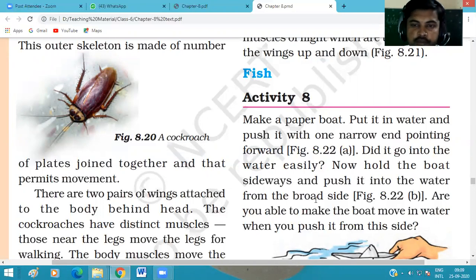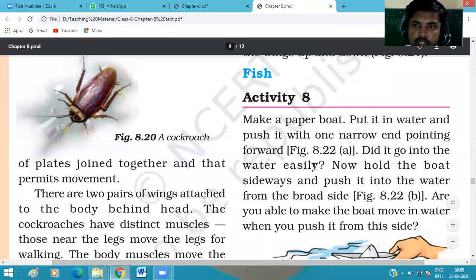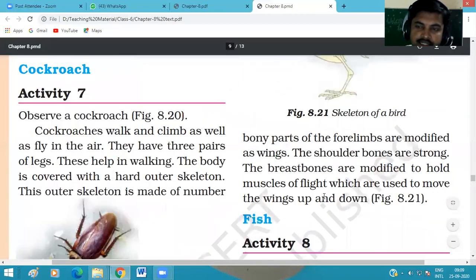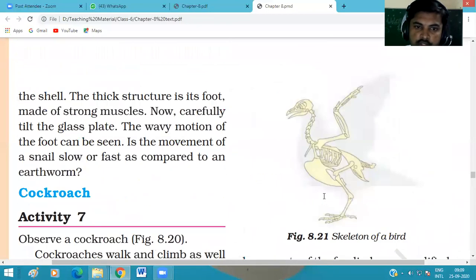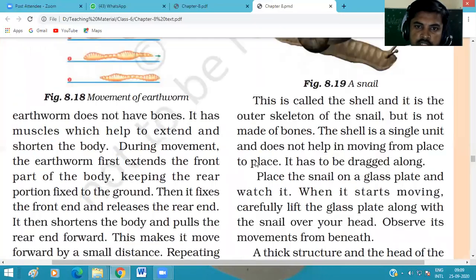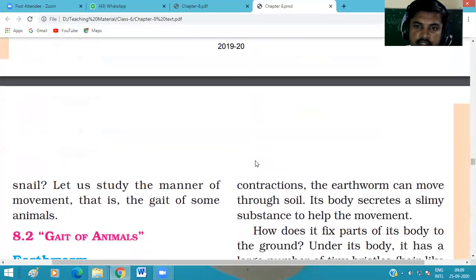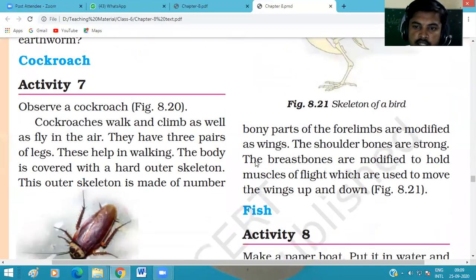From the last few videos, we were continuing with our 8th chapter of science, that is body movement. In this chapter, we discussed different topics: joints, different types of joints, bones, cartilage, muscles. Now we are discussing different movements: movement of a snail, movement of a cockroach, and movement of different organisms. We already discussed the earthworm, and today